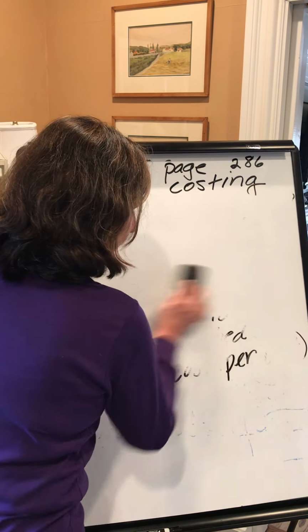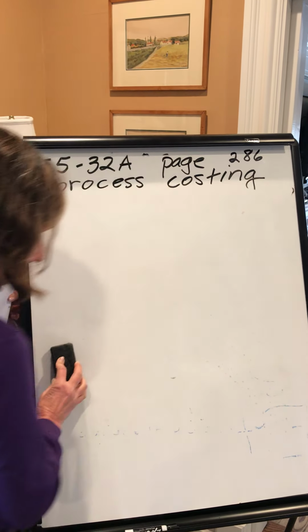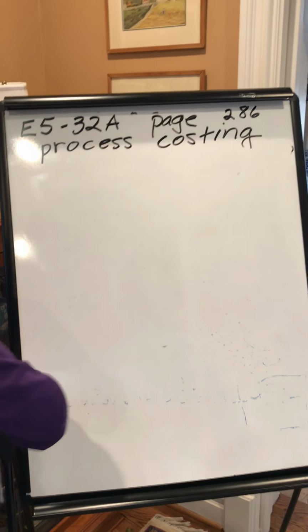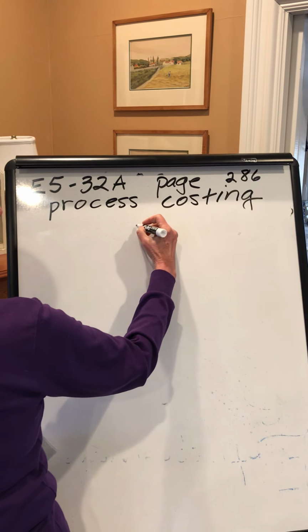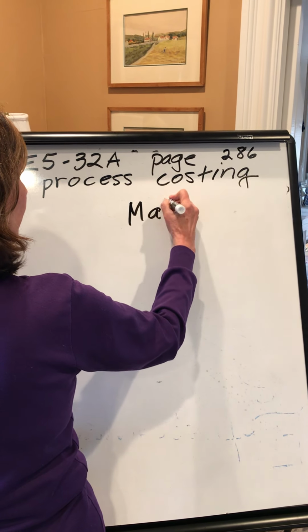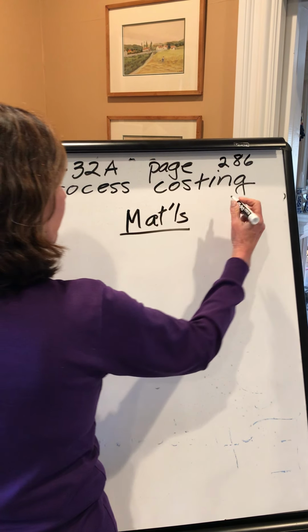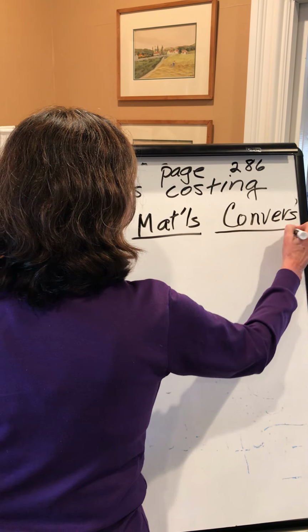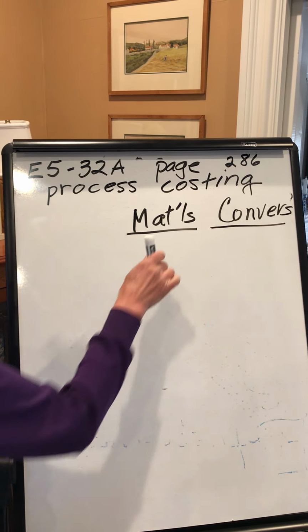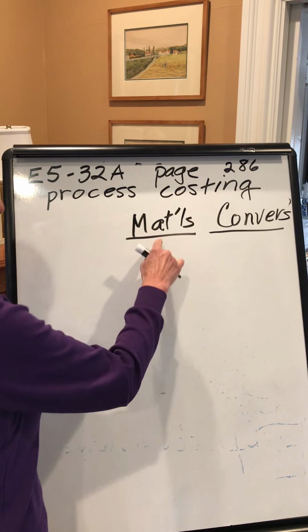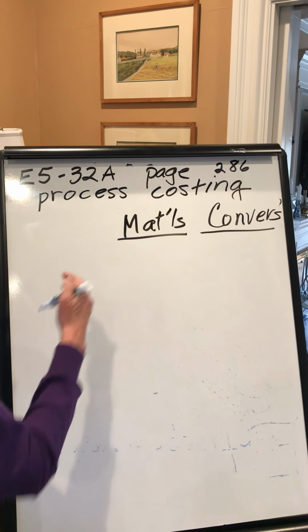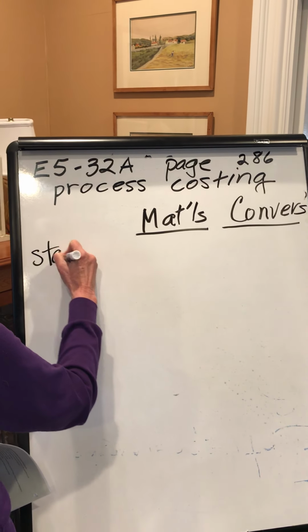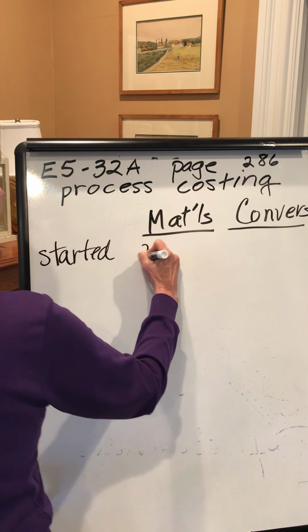Okay, fine. During the month, they started work on 28,000 units. And by the way, I'm going to set up 2 columns. I'm going to set up one for materials, and the other one's going to be conversion costs. And conversion costs are labor and overhead. So we've got all 3 pieces picked up: materials, labor, and overhead. So they began with nothing. During the month, they started 28,000 units,